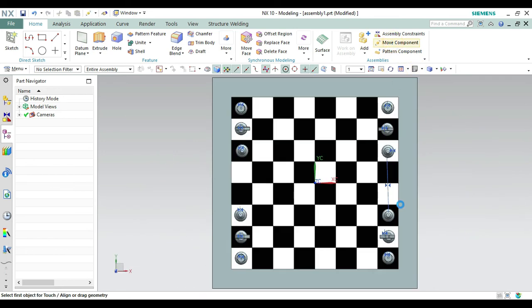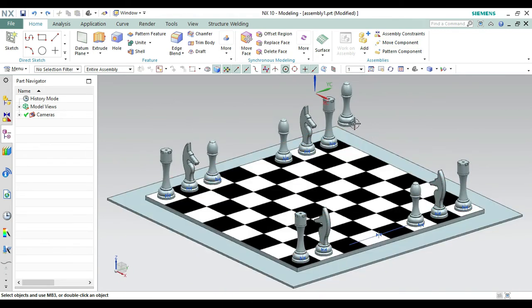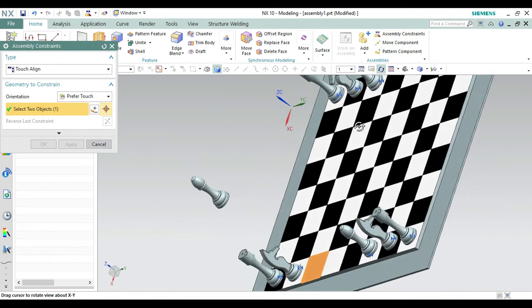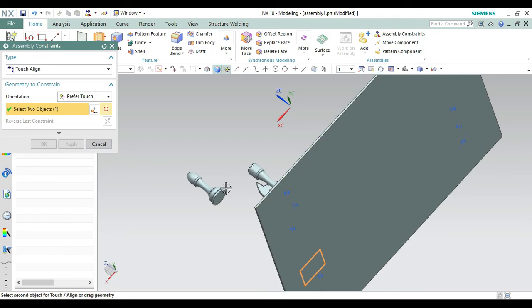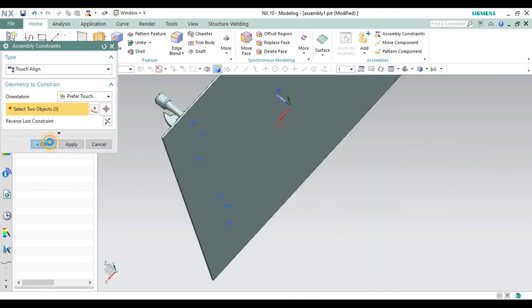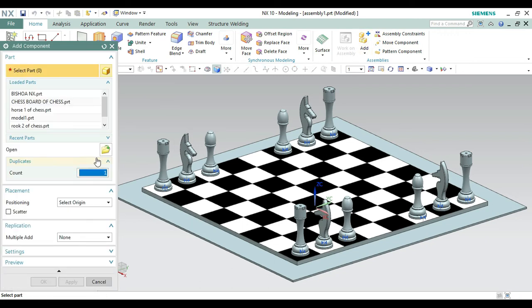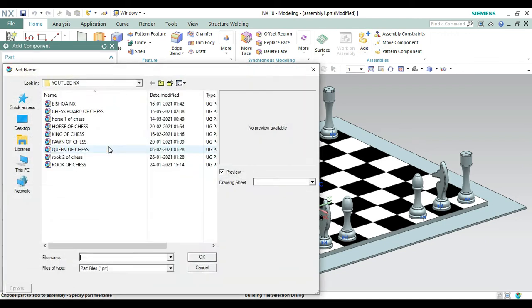Okay, it has here. So here we can see it has not because we have done the assembly constraint with the wrong one. We have to do the assembly constraint with this one. So due to more parts, this has been done with a mistake. So from here, selecting this one again, and let's connect with this space. Okay, it will get assembled because we already dragged it to the direction. So we have done it. Okay. So from here again going to the add command, then going on this open file.